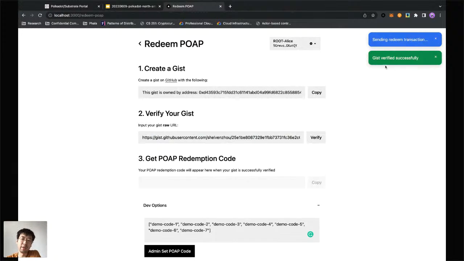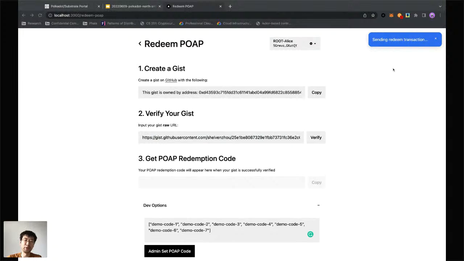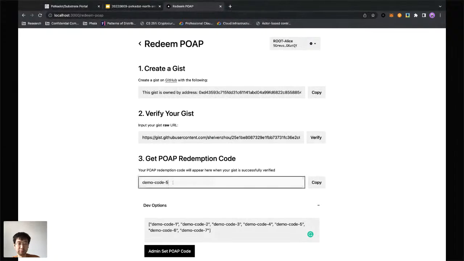You can see the verification process is very fast, because this is how a query works, right? It's very fast. And after it has verified that, it asks you to send a transaction again to redeem your code. So this goes back to the slow part again, so we can see the difference between the query and the on-chain transaction here. Finally, yes, I can get my redeem code here. Okay, so this is how it works.